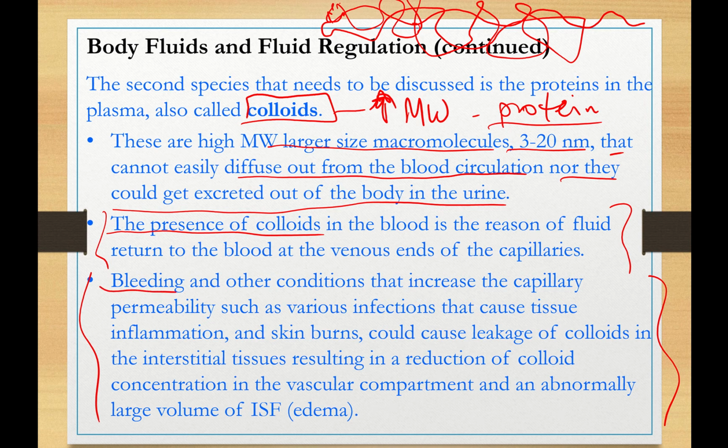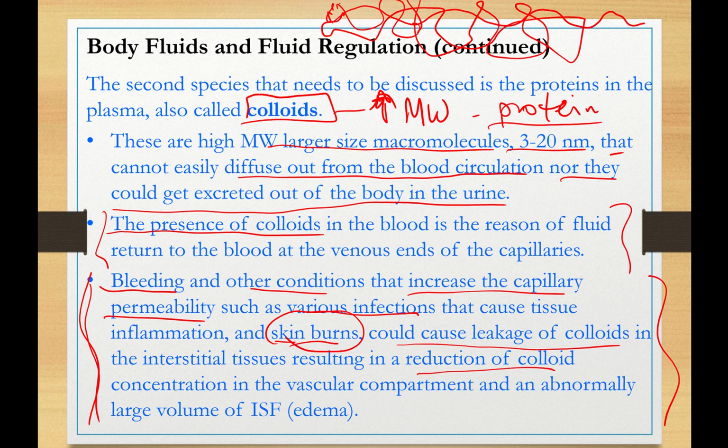So bleeding, internal and external, right? Since these proteins are in the blood, bleeding will cause a reduction of their concentration in the blood because you lose blood essentially, right? Also, other conditions that increase the capillary permeability, such as various infections that cause tissue inflammation and skin burns, could cause leakage of colloids, because burns destroy the membrane barriers and everything goes through, okay? So these are all some disorders or conditions that can result in a reduction of colloid concentration